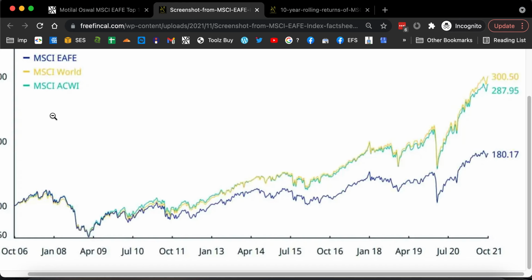So you can see how, since the 2008 crash, in the recovery after that, the US stocks have dominated the international stocks, and you can see that any index that has got exposure to US stocks has done well, and the EAFE index has not done well